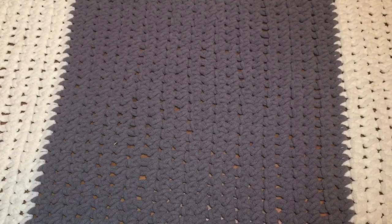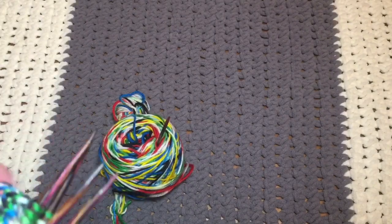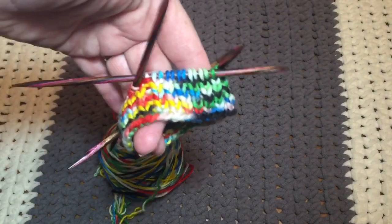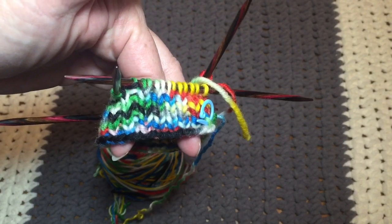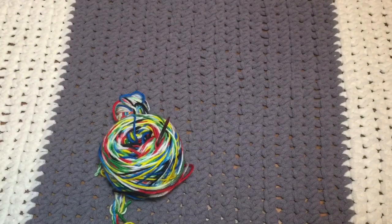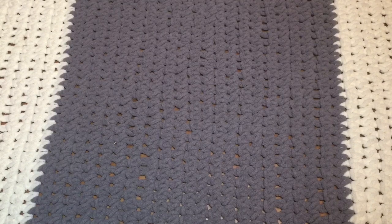This is some yarn that I dyed quite a while back. I do not have a tutorial on that, but I used food coloring and a heavy saturation of it to keep that color going in it, and this is all I have done thus far, because I had started one and I made it gargantuan. It was crazy big. I had to rip it out and frog it and start over. So I'm less ambitious when I start something over. And so it's kind of put on hold because I have been working on